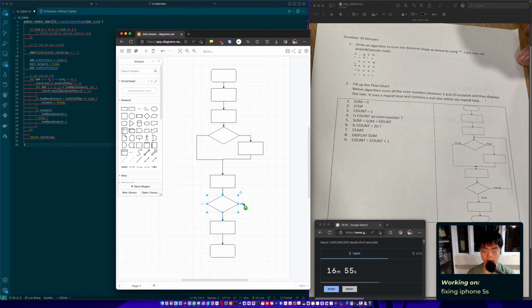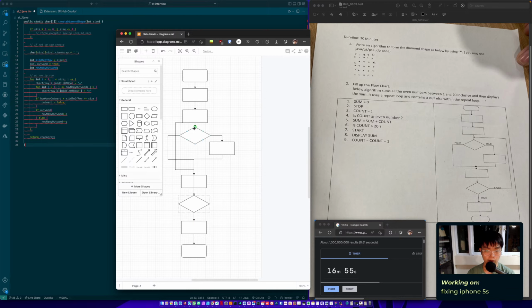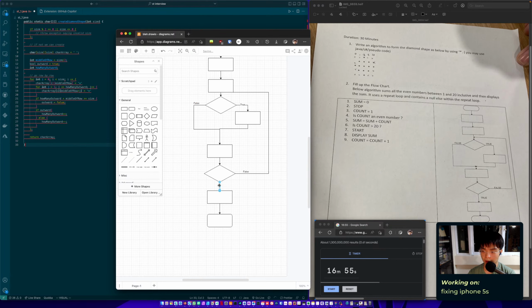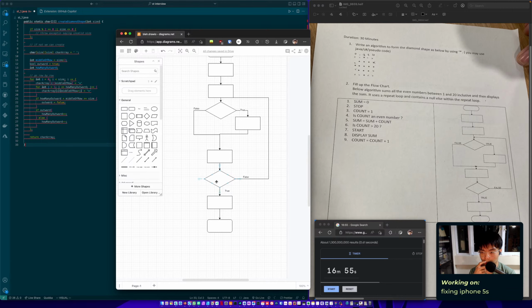Right, and this goes to here. I'm gonna draw you here. Draw you here. Then I'm gonna type this false. False. Right. True. False. This is true. Right, I think we got all of it in, right? Okay. So this one is obviously the loop. Is count more than 20. So this I'm just gonna put is count over 20. And I keep using my wrong finger for it. Alright, this is not related. Okay, it's count